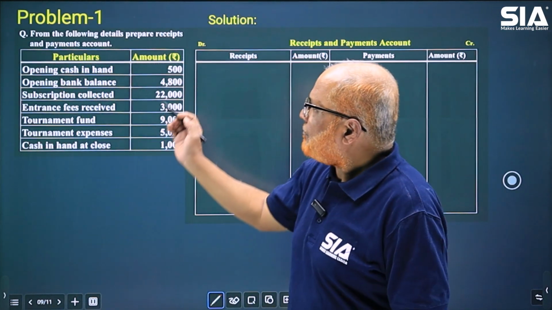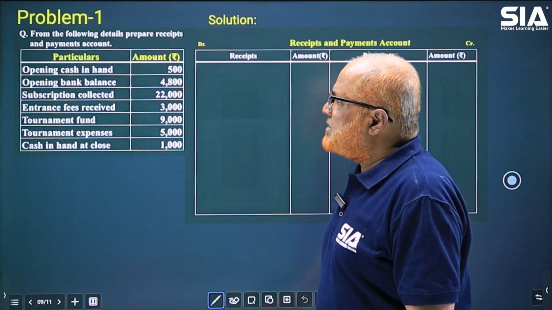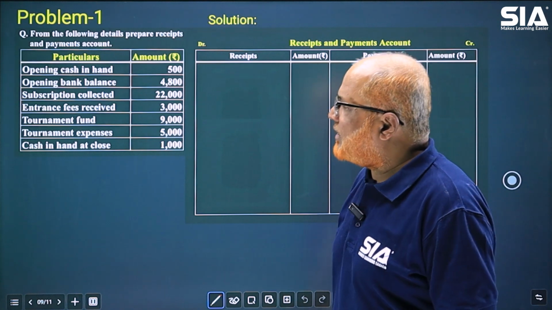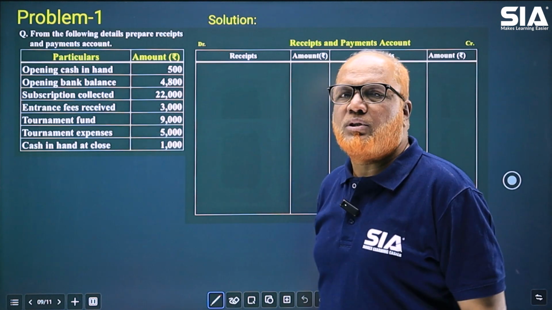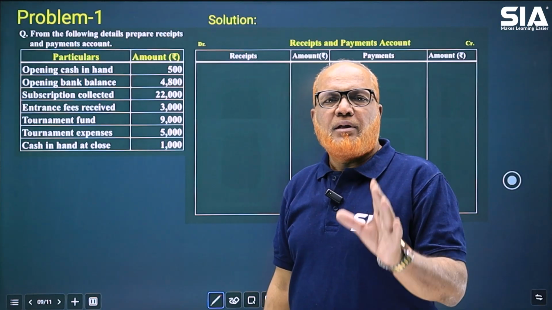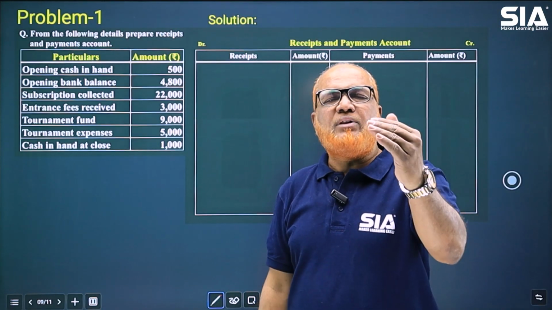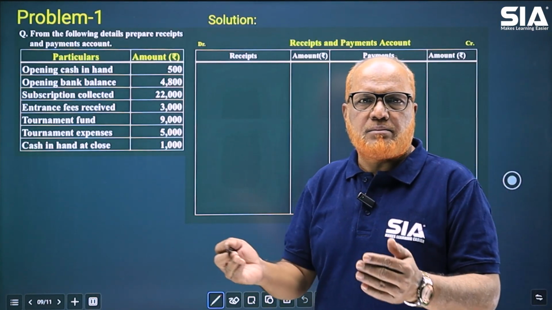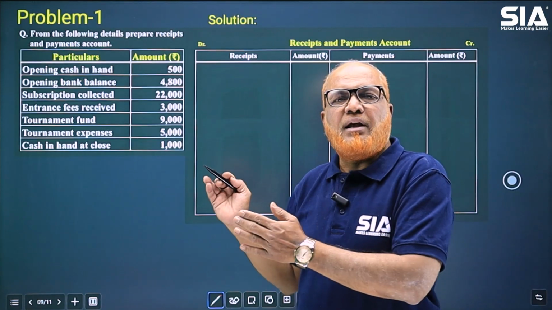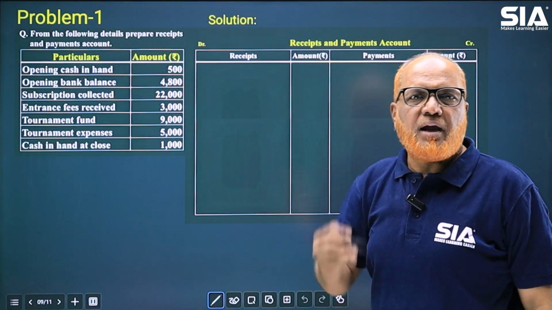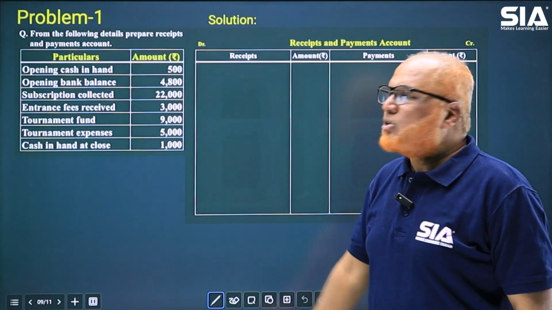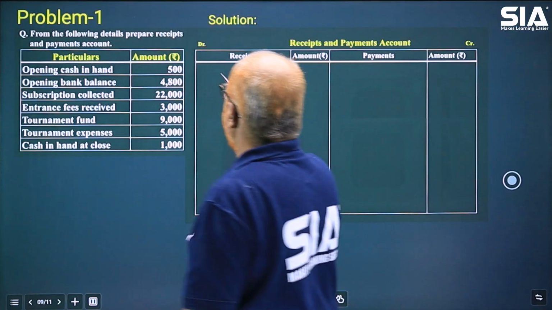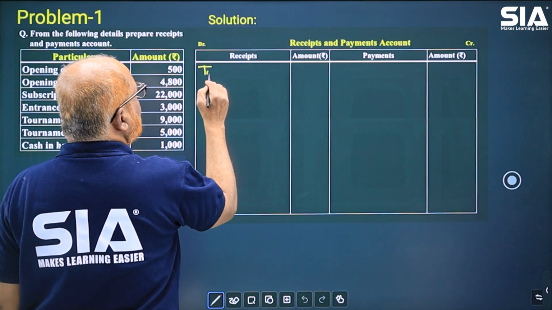Now, see here. From the following details, prepare receipts and payments account. So the information given in the problem: opening cash in hand 500 and opening bank balance 4,800. Remember, the receipts and payments account will begin with opening balance and end with the closing balance. All the receipts, that means cash received, will be taken on the debit side and cash paid will be taken on the credit side. So here opening balance cash in hand 500. So on the debit side, receipt side, I am taking to balance